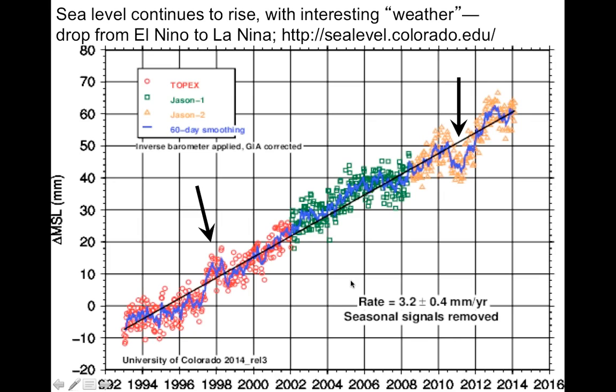Okay, sea level is rising. This is 1992 on your left over here, and it runs up almost to modern in these data from the University of Colorado. There are wiggles that are related to water going onto land and coming off the land with rain associated with El Niños and La Niñas. But if you take those out, sea level has been rising at just over 3 millimeters a year, fairly steadily